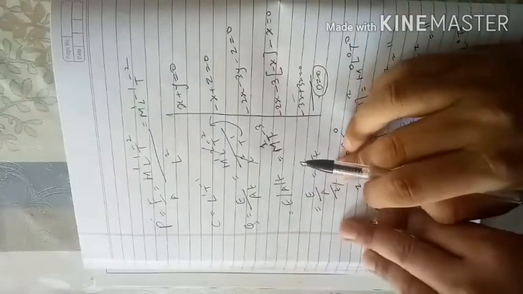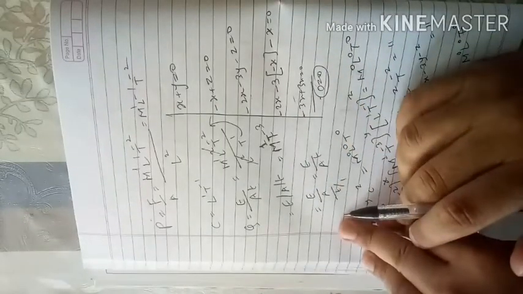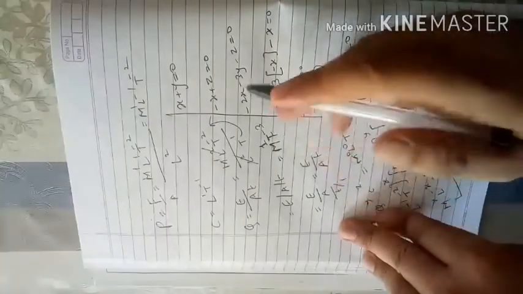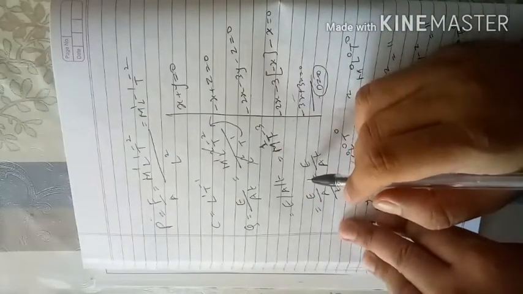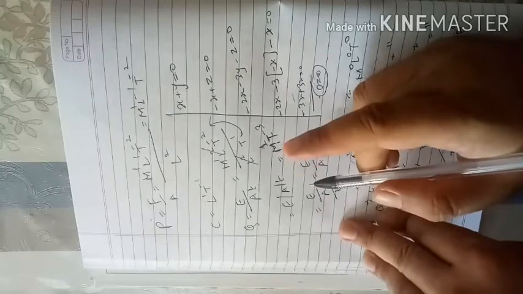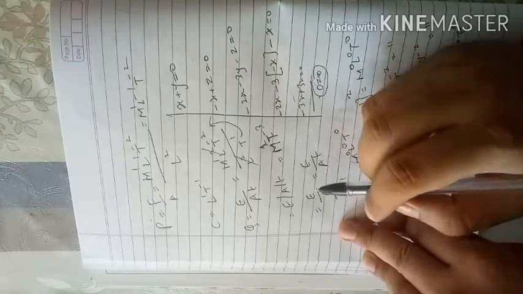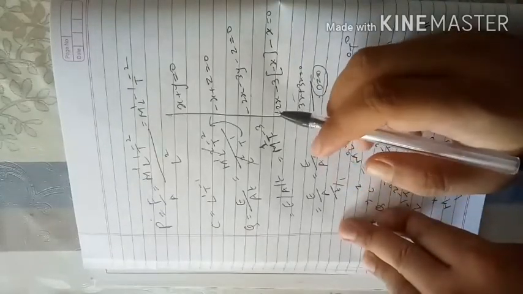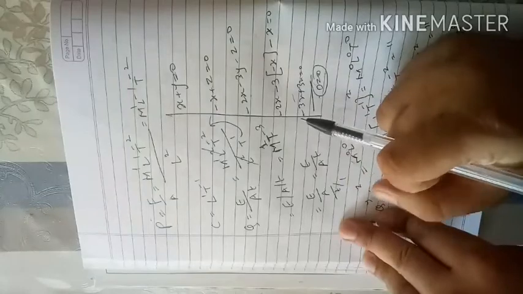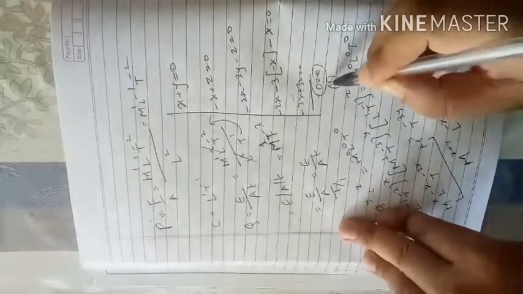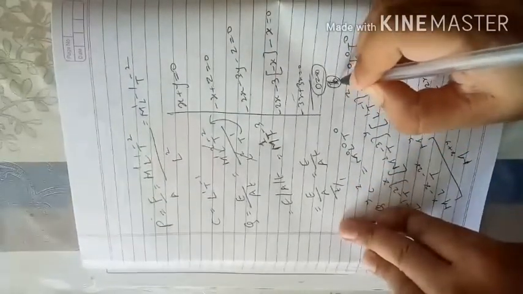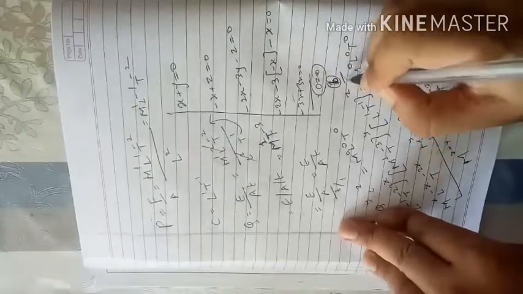So if you check the options, then you'll find that option B is matching, because you want to have X plus Y is 0. So in option B, X is 1, Y is minus 1, so X plus Y will be 0, and minus X plus Z is also 0 for the second equation. So all these equations are satisfied using option B. So option B is the answer. We cannot directly find it, we have to check which option is satisfying these equations. So therefore option B will be the answer.